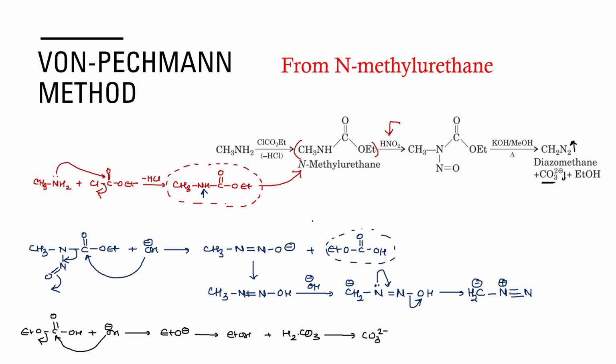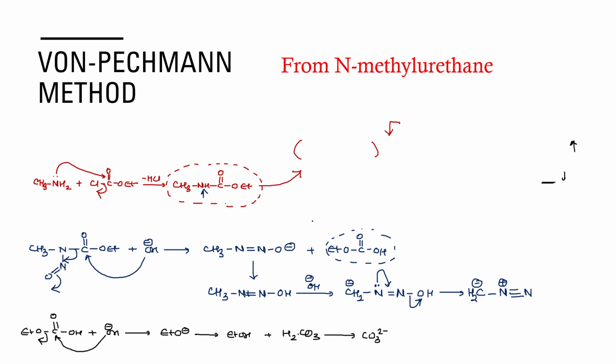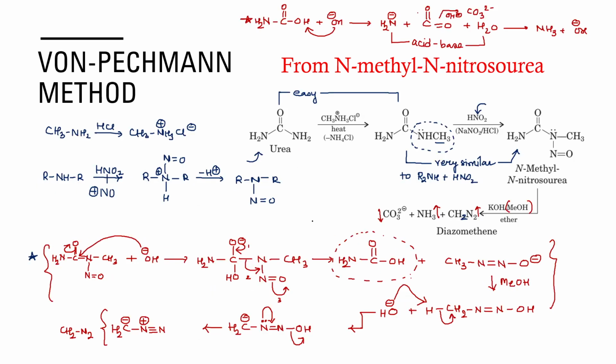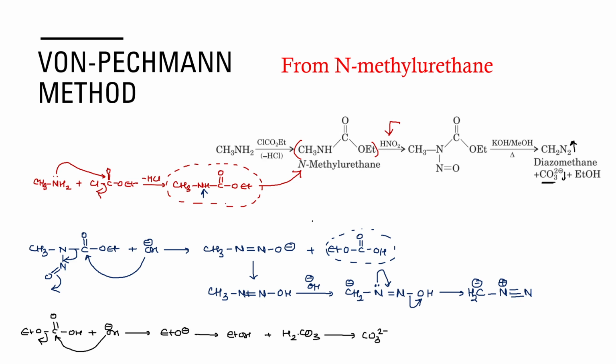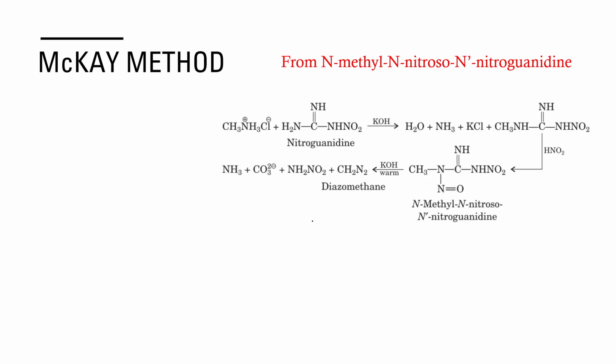Both von Pechmann methods are pretty easy to understand. The previous one was from N-methyl N-nitrosourea. This one is from N-methylurethane. Both of them involve a similar mechanism. The next method is the McKay method. The McKay method involves N-methyl N-nitroguanidine. इतना बड़ा कंपाउंड आपको याद रखना थोड़ा मुश्किल हो सकता है, but let's see whether it is too difficult